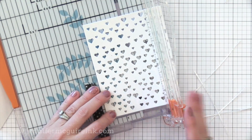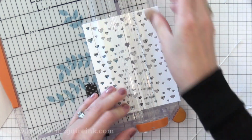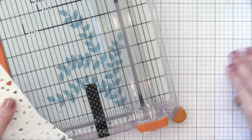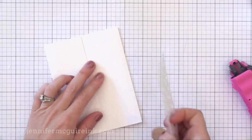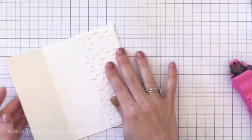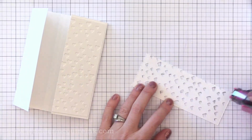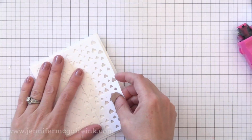So I'm just trimming a little bit off of each side. Then I'm going to cut it right down the center, right along the center mark, which happens to be 2 inches here because I cut this down to 4 inches wide. So now I'm going to glue these 2 halves onto the 2 flaps of one of my gatefold cards. Notice that I have not done the heart die cutting yet. I find it's easier to do after you've glued these down, and we're just going to die cut through all